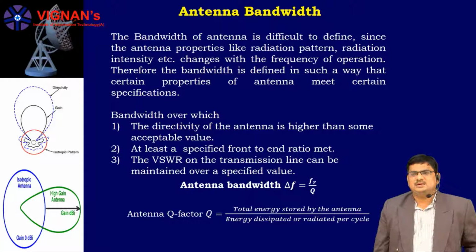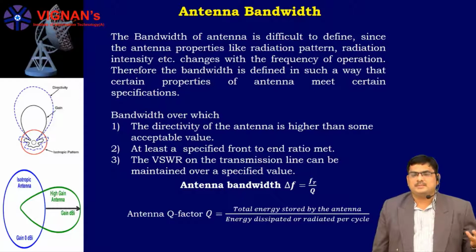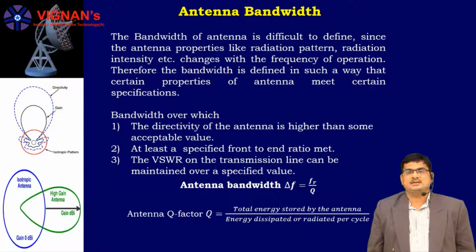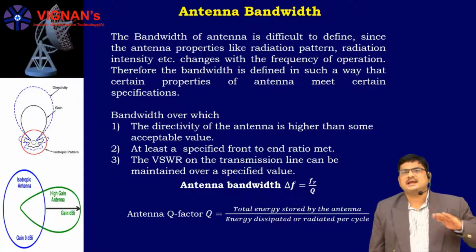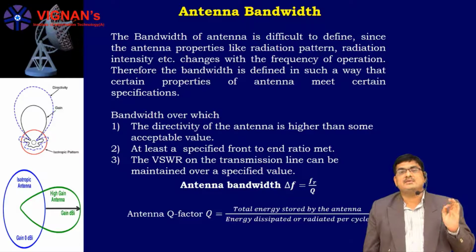For an antenna, if you want to know the total performance, there will be some parameters like antenna gain, bandwidth, directivity, beam width, radiation pattern, and radiation resistance, all of which should operate with specific characteristics. But all these characteristics depend on your frequency of operation. As frequency changes, these characteristics also change. That's why we can't define the antenna bandwidth straight away. But in general, we can define our bandwidth.